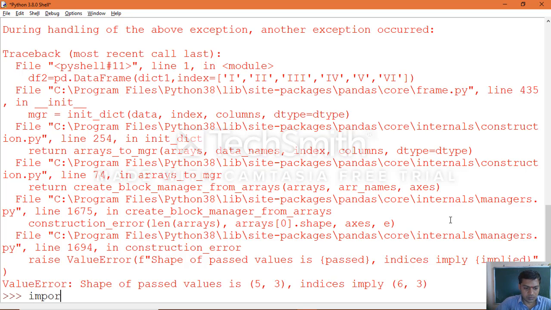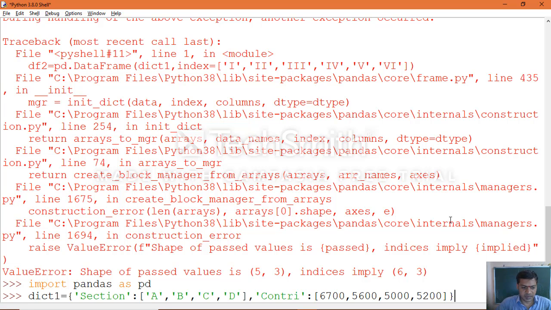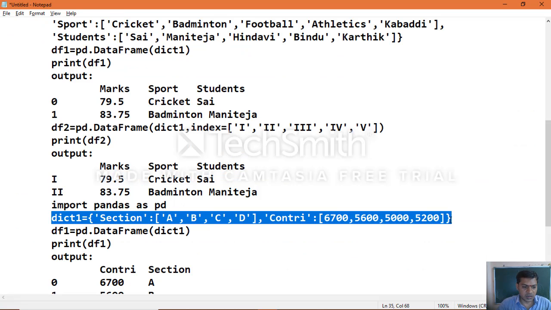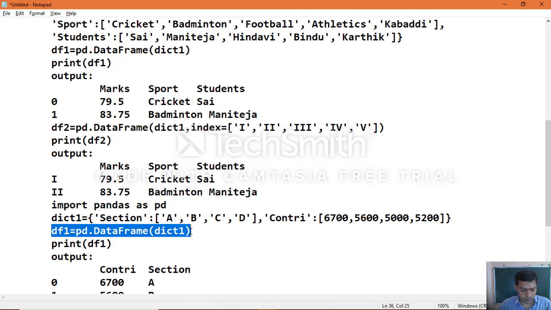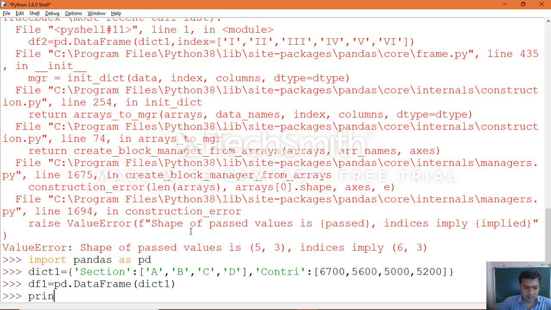So import pandas as pd, create the statement, then create the object for that. Create the object, then print the object, df1, the data frame object which we created.